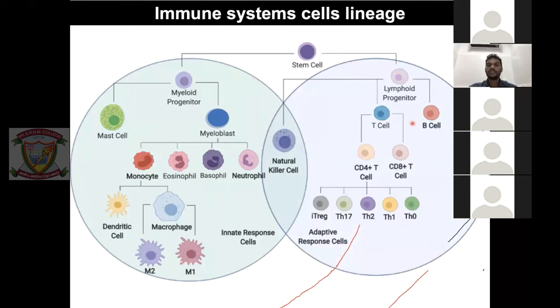What I want you to see is that there are cell types from the stem cell. From the stem cell, the majority of the cell types being produced are immune system cells. For example, natural killer cells, macrophages, T cells, and B cells. All of them are immune system cells. Now, the lymphoid progenitor makes two different cell types. One is called a T cell, another one is called a B cell. That is coming from the stem cell.